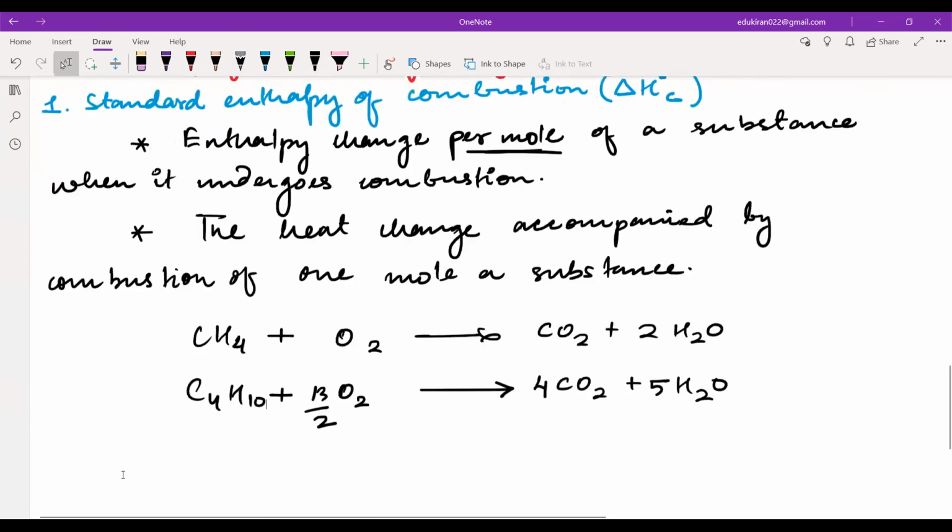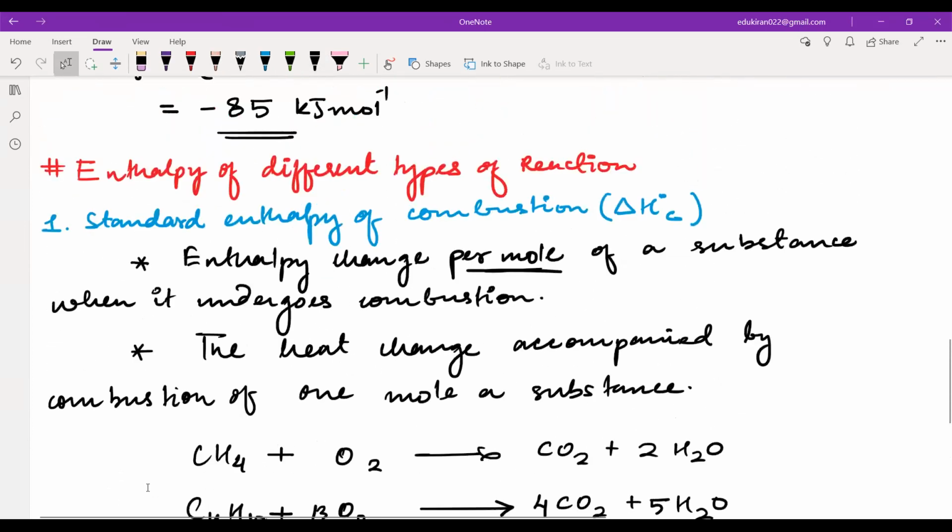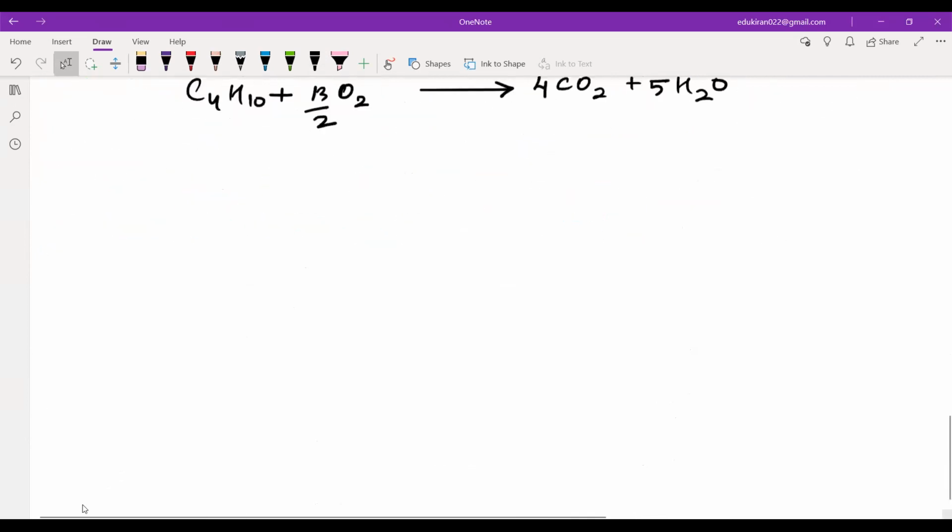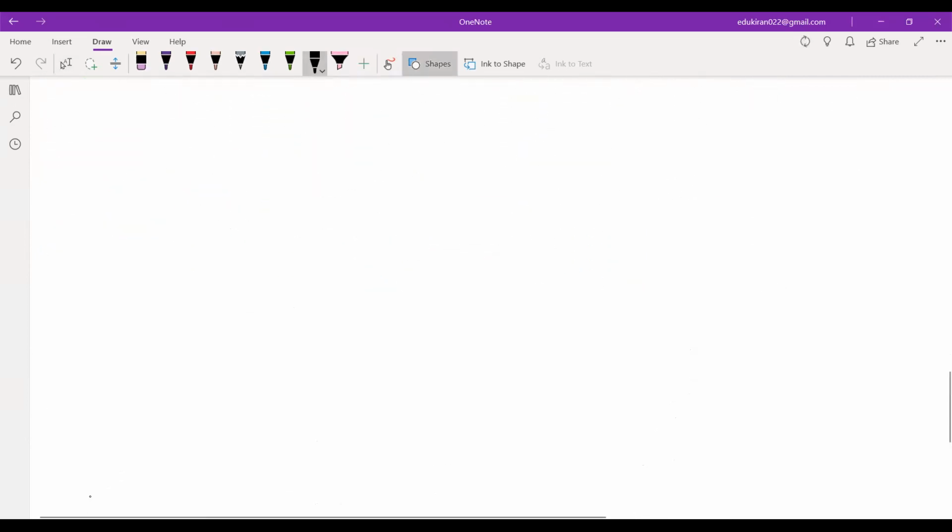How to write the enthalpy of combustion, the reactions? Yes, sir. That is more important. You must know how to write the reaction. Next is